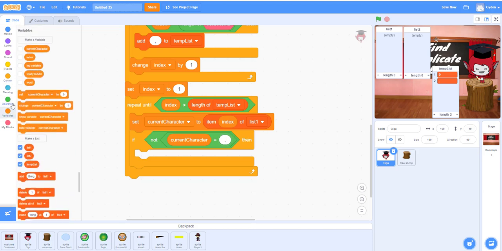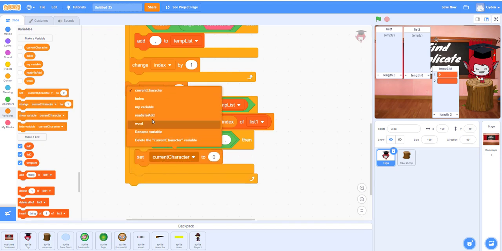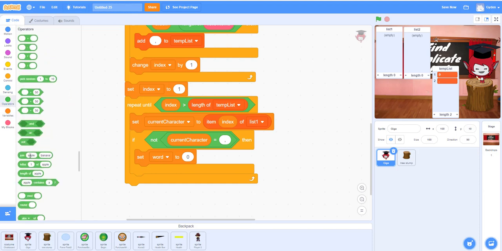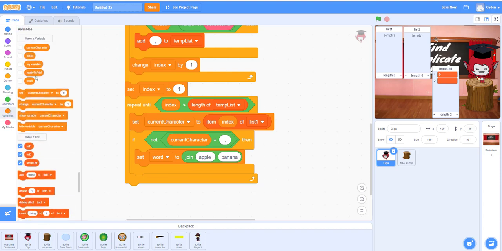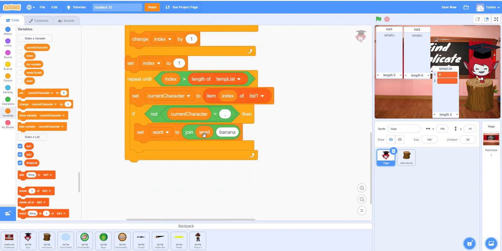then we have to set this variable. What we're going to do is use this variable called word. So basically we're going to join something together, so we will call this join. The first time, join will put the word in. The first time the word doesn't have anything, so that word is blank, right? We reset it to blank up here. So as you can see, it won't have anything the first time it runs through. Okay, and then we will join the current character. So it will be blank plus whatever the current character is, right? It will be 1, right? And then